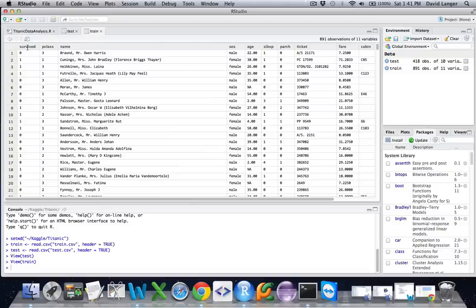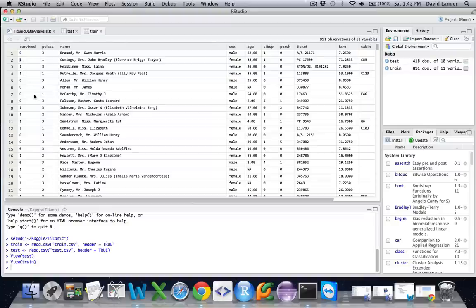In machine learning terms, what we're trying to do here is build a classification model. Literally, we're trying to tell the computer to build an asset from this data that enables it to say, with a certain amount of certainty, does someone not survive? Do they perish? Or do they survive the sinking of the Titanic?